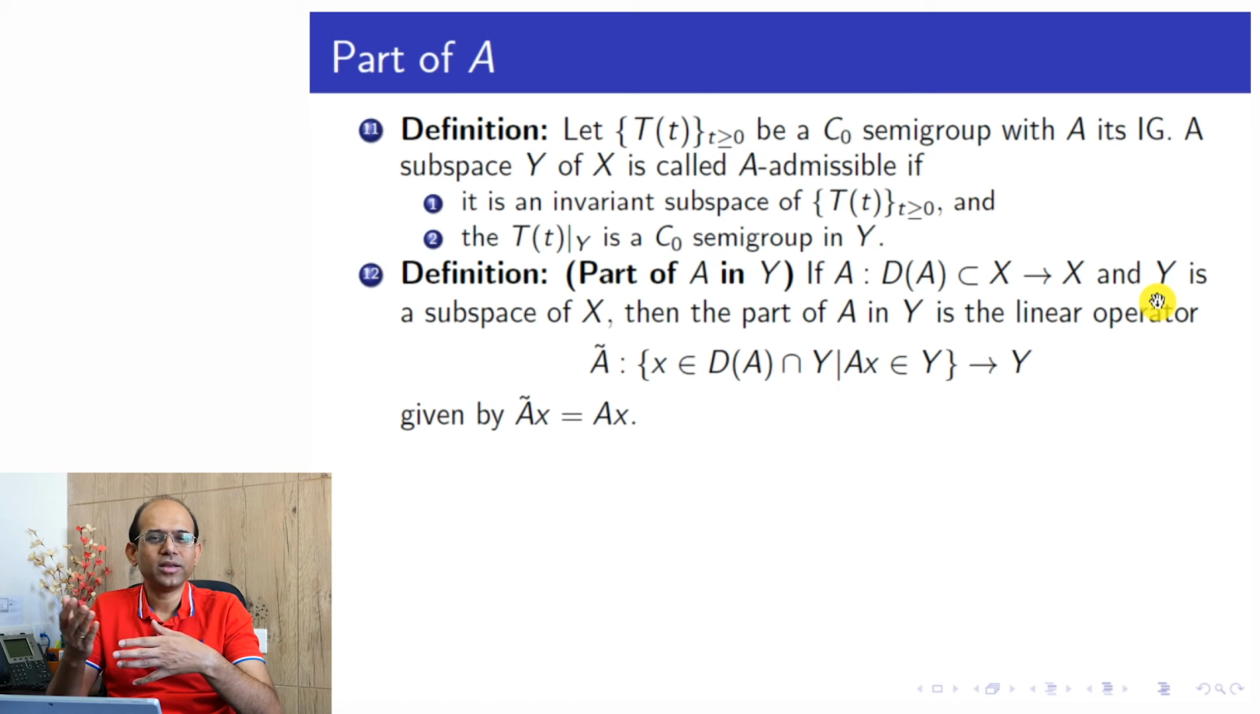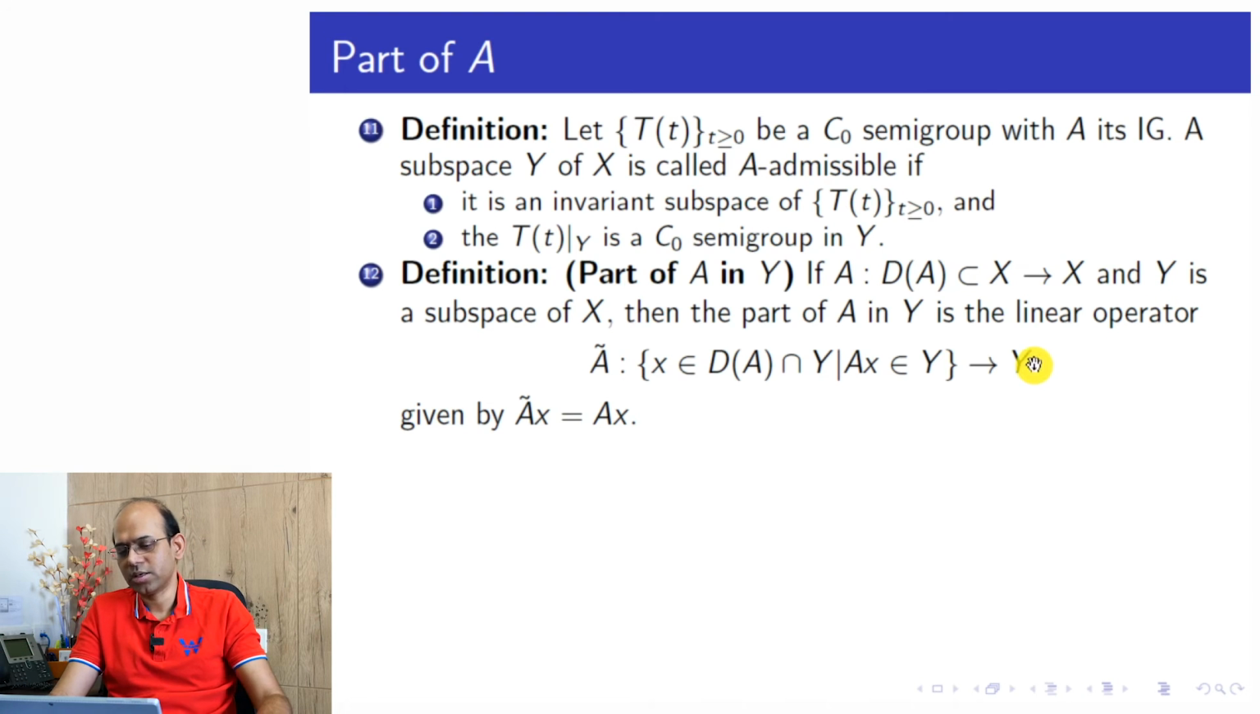Y need not be strictly a subset of the domain of A, but Y is some other linear subspace. So the part of A in Y is the linear operator A tilde given by A tilde x equals Ax. Where is it defined? It is defined for all points x which are in the domain of A and the intersection of Y, so the points x which are common to the subspace Y and the domain of A,